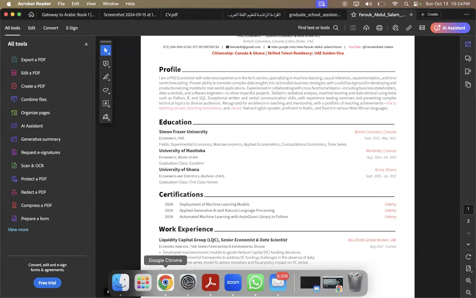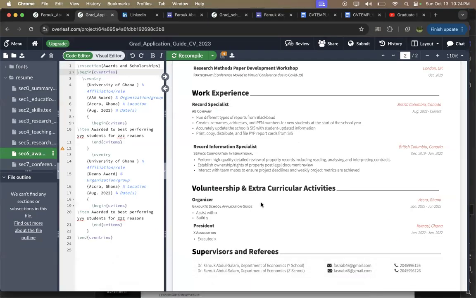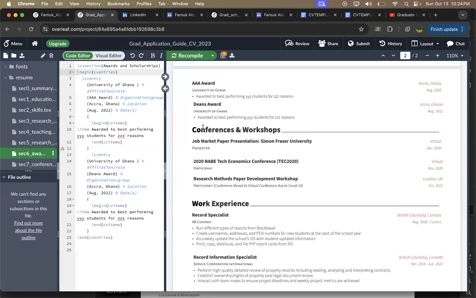You would, let me see. I think you go here, you see this section, which is the conferences and workshops, right? If you participate and you are a presenter, a participant, or an organizer, this is where workshops and conferences go. If you happen to be a presenter, fine. But in your case, you might be an organizer. You can put the organizer here. You wouldn't need a certificate to show for it. It just goes to show that you're someone who volunteered or organized a particular seminar.